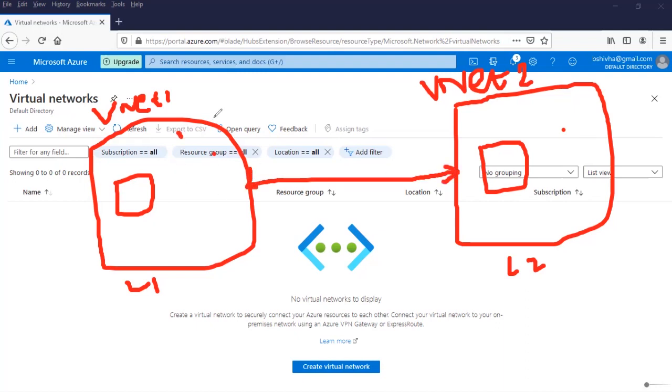Since I'm establishing the pairing between network 1 and network 2, from this VM, if I try to reach the other VM, it should be reachable. The same the other way back. If it is reachable both ways, that means the VNet pairing is working fine. This is exactly what we are going to do in this lab.